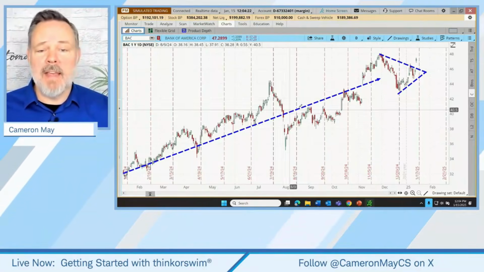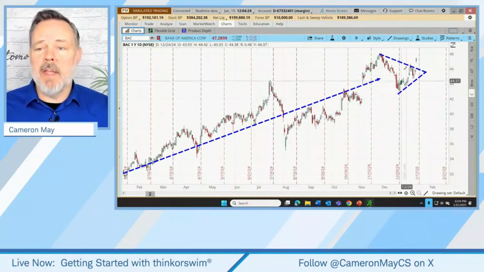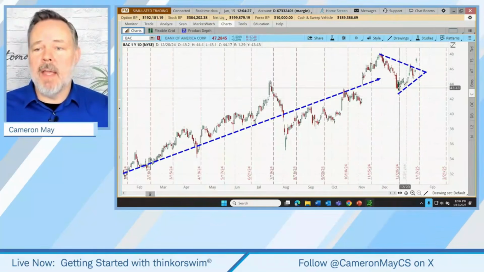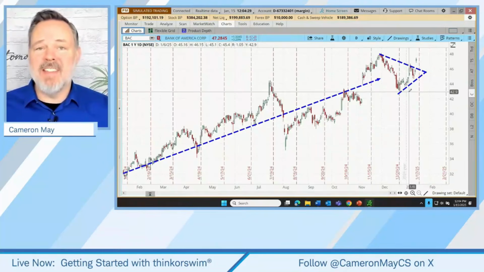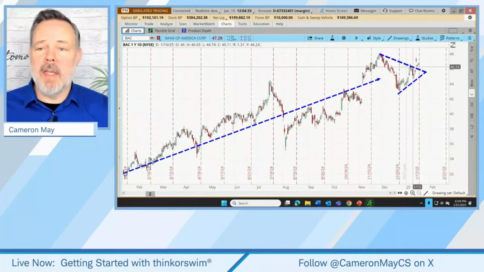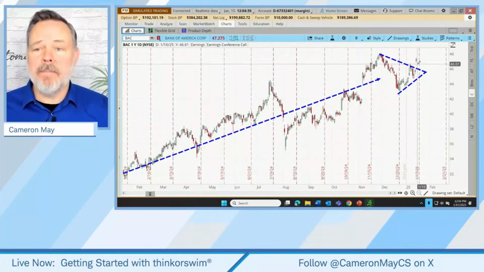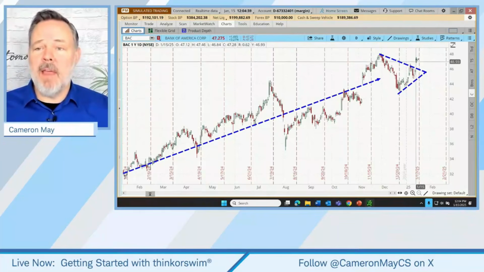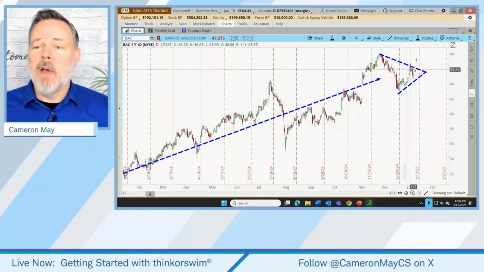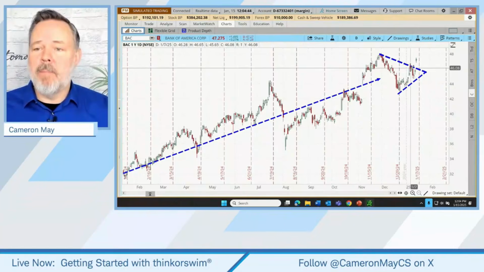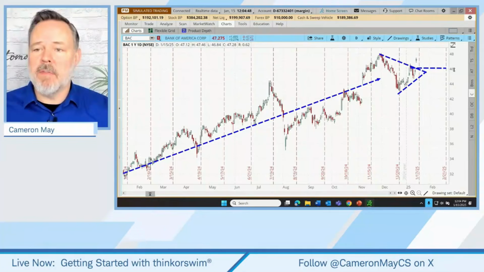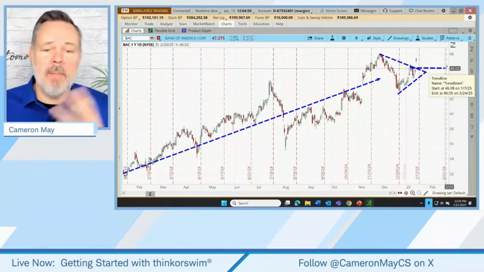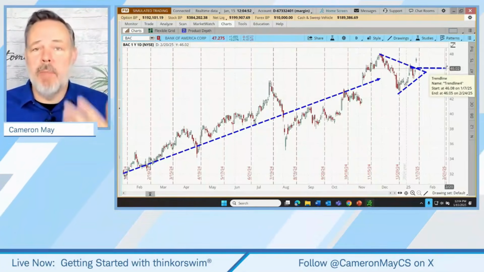They notice it's had a nice run, recently consolidated into what might be called a symmetrical triangle, which to some might be an indication that the established upward trend is likely to continue. And then they also notice that price has popped out of that triangle. Maybe they think that price is likely to go higher, or at least stay above the breakout point at about $46. Okay, that's a basic premise of our trade. This is going to be a bullish trade.